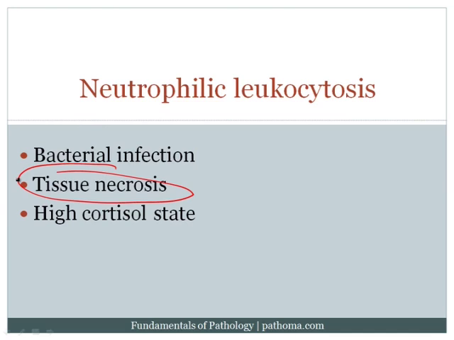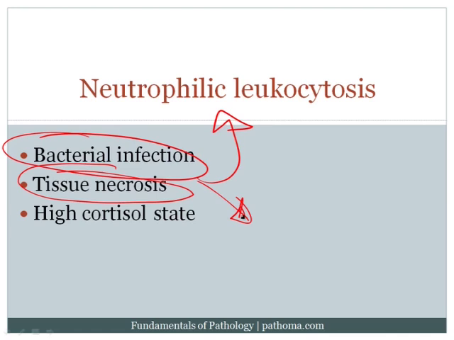As you will recall, I mentioned in the inflammation lectures that the two driving forces for acute inflammation are bacterial infection and tissue necrosis. So these two circumstances will result in a neutrophilic leukocytosis. Now, what I'd like to also highlight is that in these two circumstances, the bone marrow will be pushed to release as many granulocytes and neutrophils as possible. And so one way by which the bone marrow will respond is by releasing cells that are slightly immature relative to the mature neutrophils. This is called a left shift, and one of the high-yield important points to recognize concerning